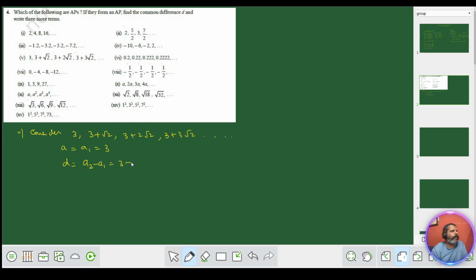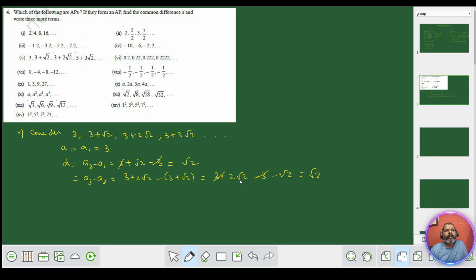A2 minus A1, that is 3 plus root 2 minus 3. We get root 2. Then A3 minus A2. A3 is 3 plus 2 root 2 minus 3 plus root 2. When the terms are more than 1, put a bracket and solve that. 2 root 2 minus 3 minus root 2. 3 cancels here. 2 root 2 minus root 2 becomes root 2,